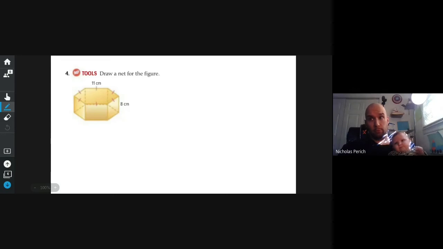Okay. Now what I'm being asked to do is draw the net for the figure. Now, while drawing this, I'm going to make an honest attempt to label as much as I can. What I have is a regular hexagon for a roof. And by regular, I mean all the sides are the same. How do I know that all the sides are the same? Those little pinkish reddish lines there